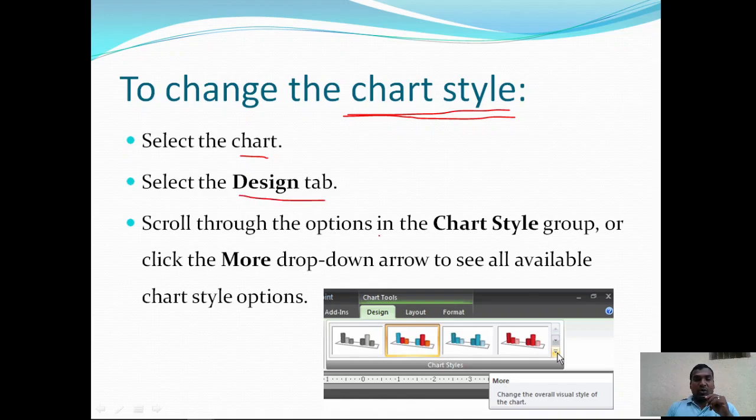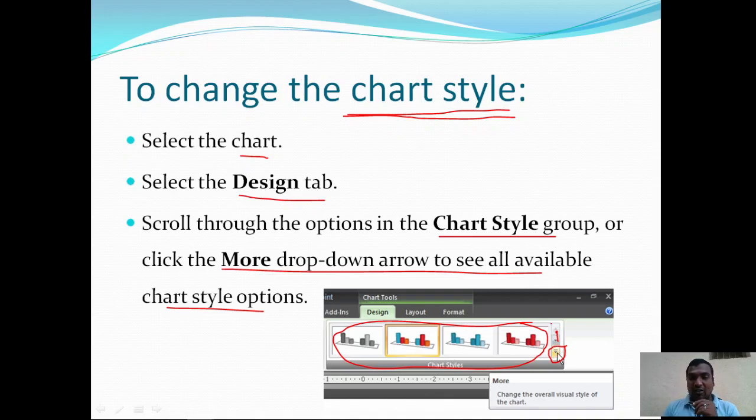Scroll through the options in the chart style group or click on the more drop down arrow to see all available chart style options. So here this is the drop down button or more button. A few chart styles are displayed here, and if you want to go with the more, either you scroll down this vertical bar, or you can click on this more button. Then it is going to display all the chart styles that are available